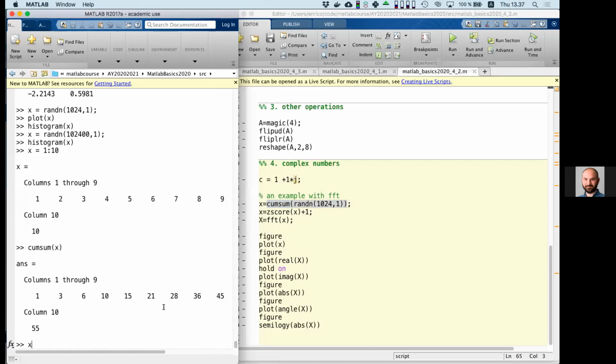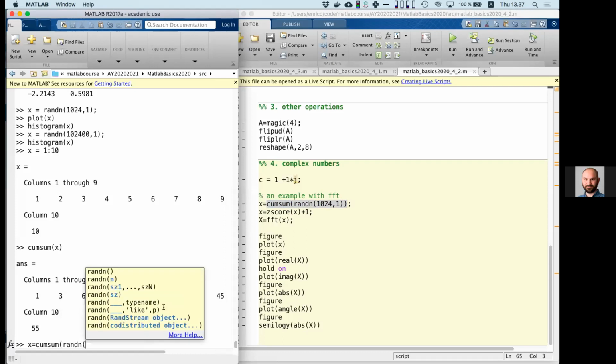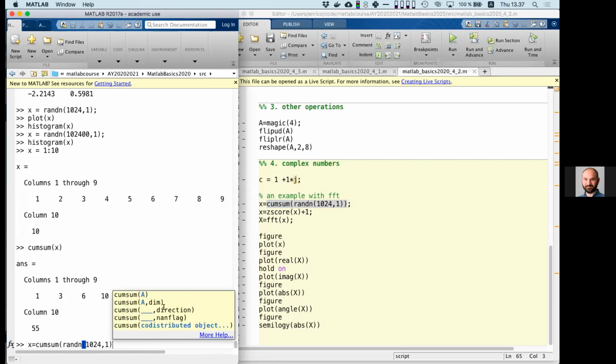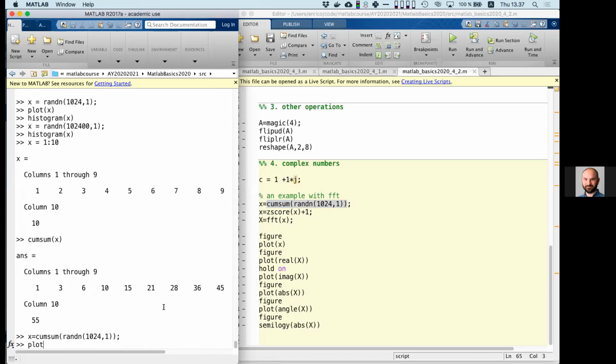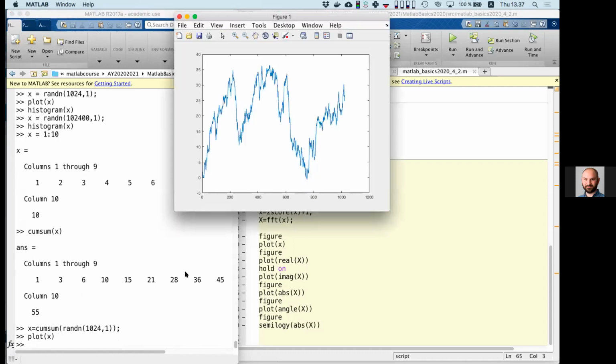Now let's run it. Cumulative sum of random numbers, Gaussian distributed, 1024 rows, 1 column, close bracket, yes. So now we can plot X, and it's a signal that is a little bit more interesting than just random noise. It has some slow growing and falling, but also some jumps. So this is the so-called